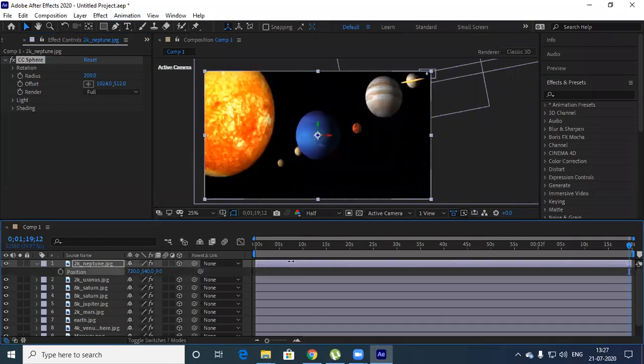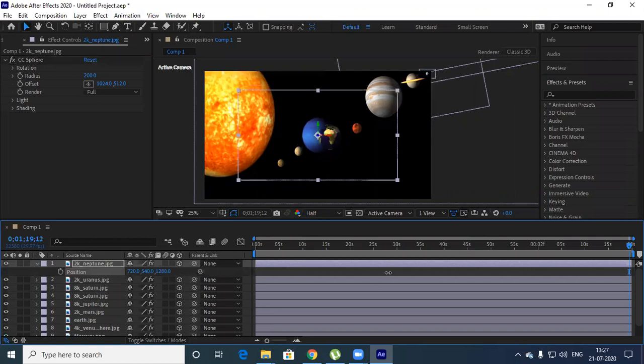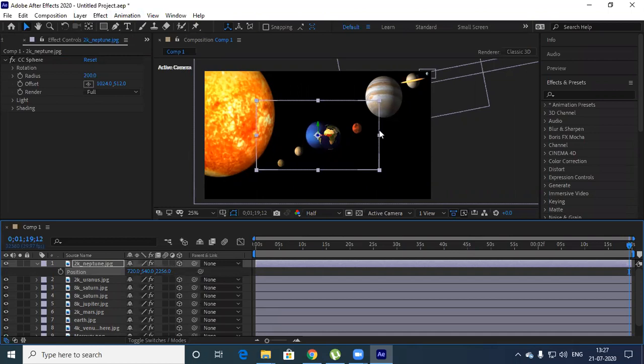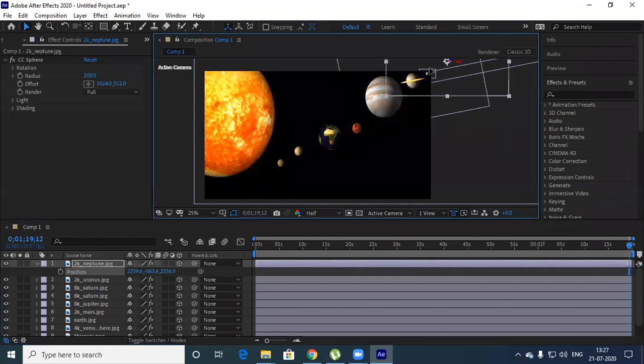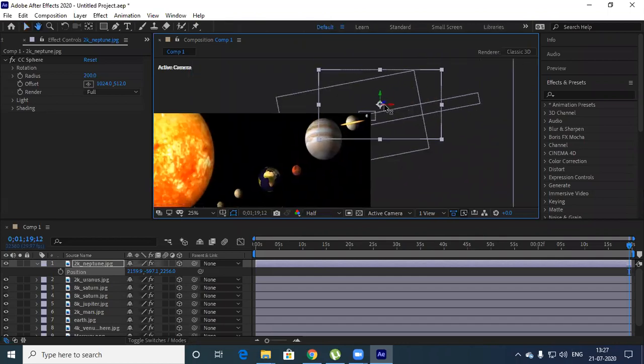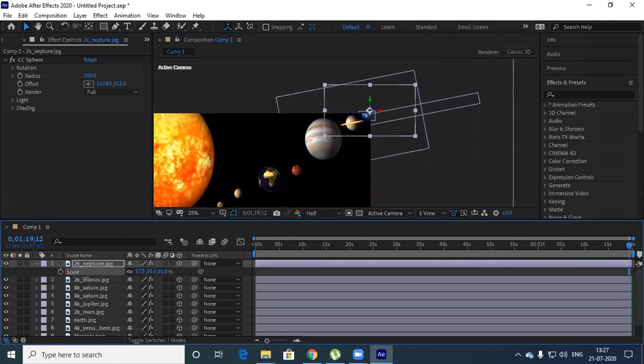Make this a 3D layer and just keep moving this way. So let it go. The value after 2000 plus. See, I'm just placing here. See, I'm placing here after my canvas. Okay. And let me make this smaller.